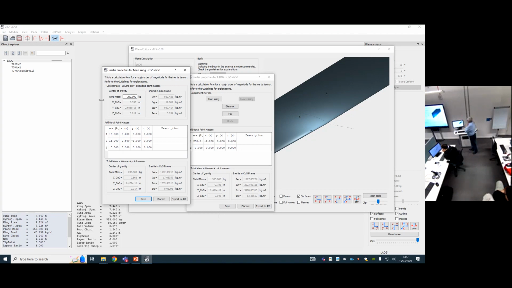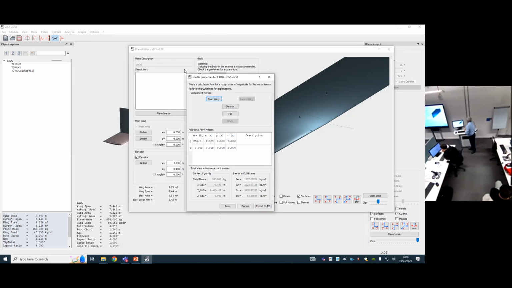And to define that, it's a case of defining the mass, defining the X location in meters, the Y location in meters, and Z location. So by defining the X, Y, and Z, you can place the mass wherever you want within the design. Okay, so